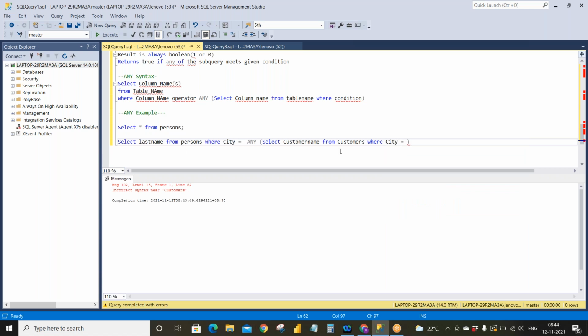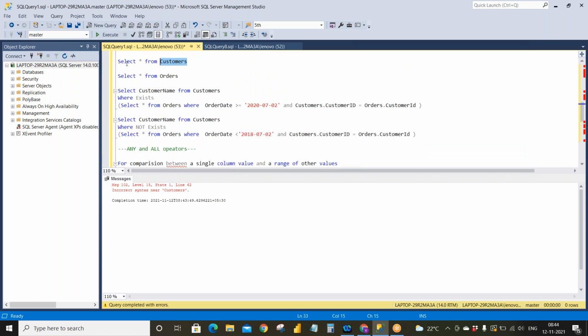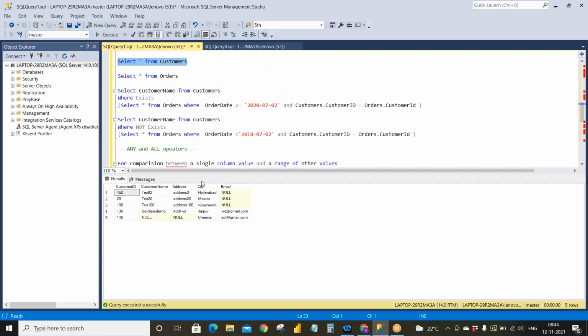We'll see the same seat in both the customers, and we'll see whether we have a common seat over here.